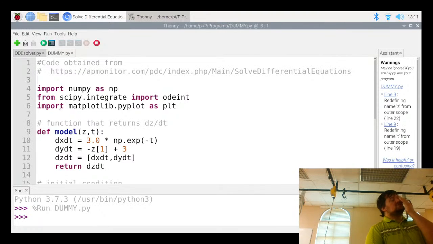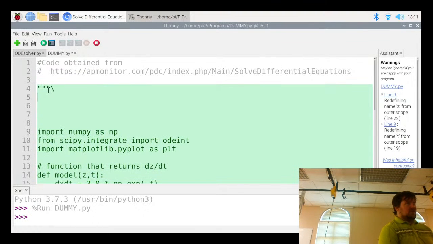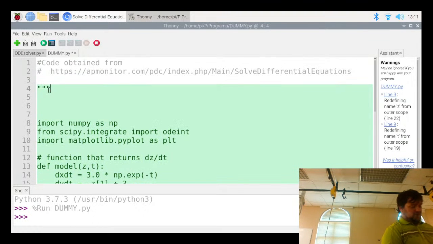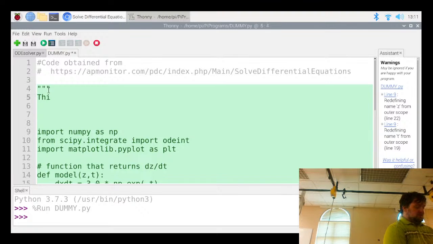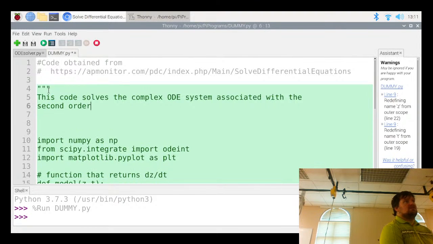So what I'm going to do in my pseudocode is add a little bit of space, and then write out explicitly here's what I want to have happen. This code solves the complex ODE system associated with the second order derivative function